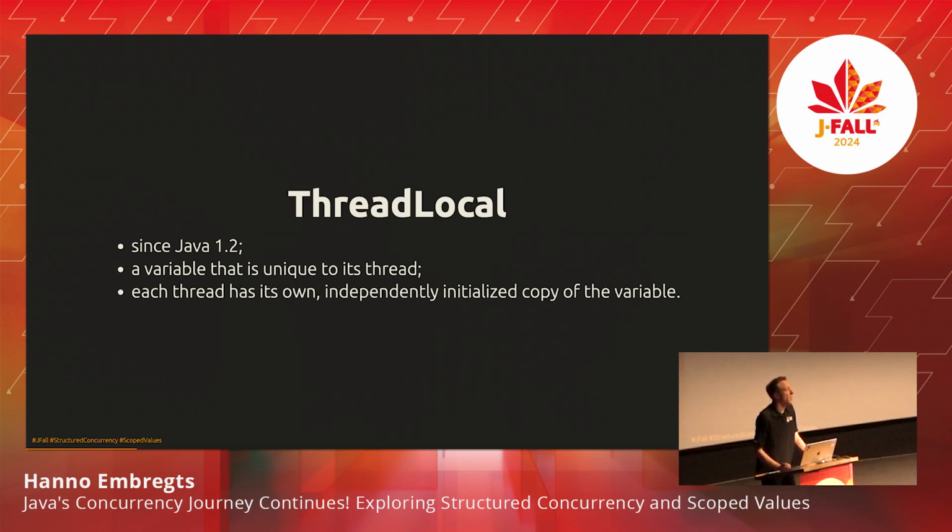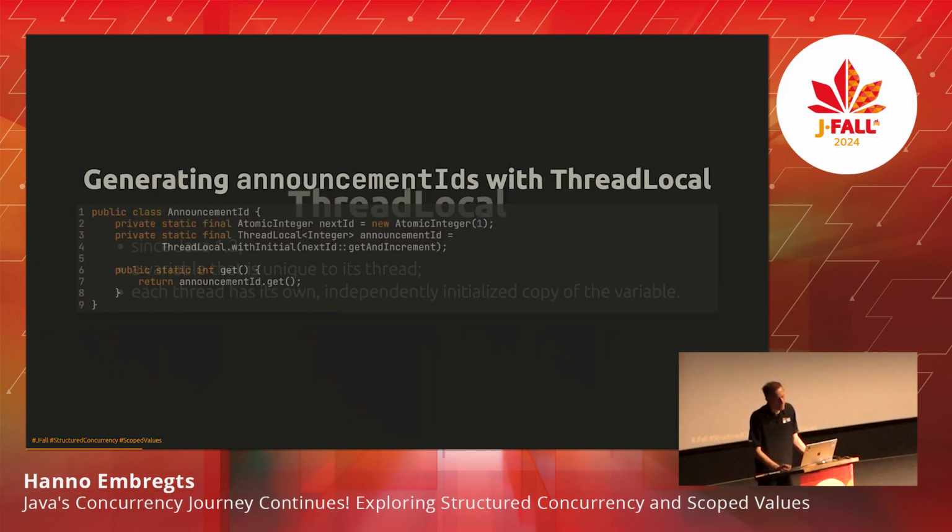Many application frameworks use thread locals to identify, for example, certain requests or certain user sessions. A request ID would be a very good example to generate with a thread local, because each thread that uses the request ID will have a different value. It's a cool construct, right? Most of the time we obviously want a variable in different threads to be exactly the same to avoid concurrency problems, but in this case, we actually want them to be different.